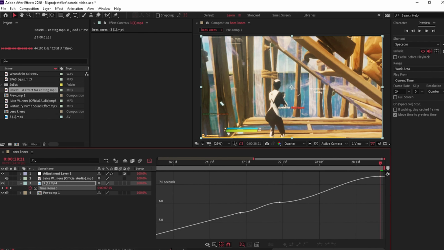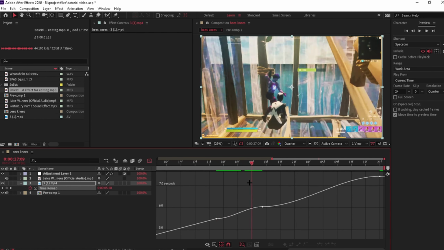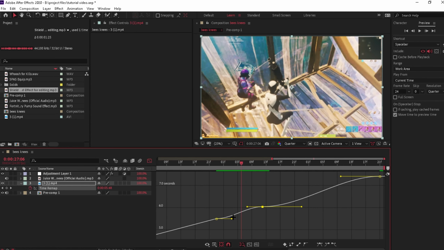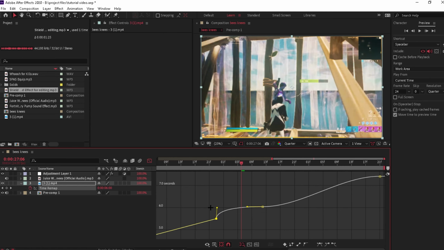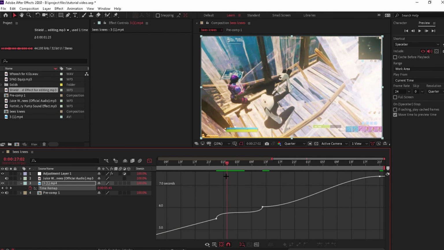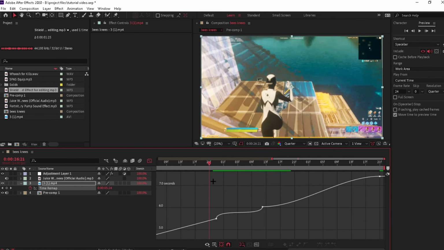And then I am also going to go into this one, which is the area where the shotgun is pulling out in between these two keyframes. So what I'm going to do is drag this up and this down so that there's a bit of flow to it, you know what I'm saying? So fast at the beginning and fast at the end, but slow in the middle,